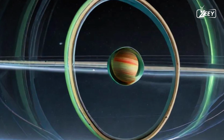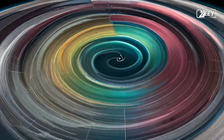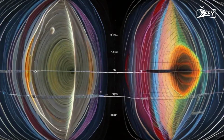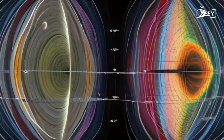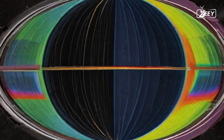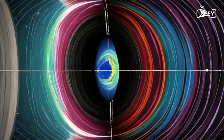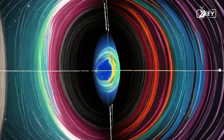As we set our sights on deeper space exploration, the mysteries of the Van Allen radiation belts will continue to play a crucial role in ensuring the safety of astronauts and the success of missions. Understanding how to navigate these zones of radiation is vital for future crewed missions to the Moon, Mars, and beyond. The challenges posed by the Van Allen belts require innovative solutions, whether through improved shielding techniques or enhanced monitoring of